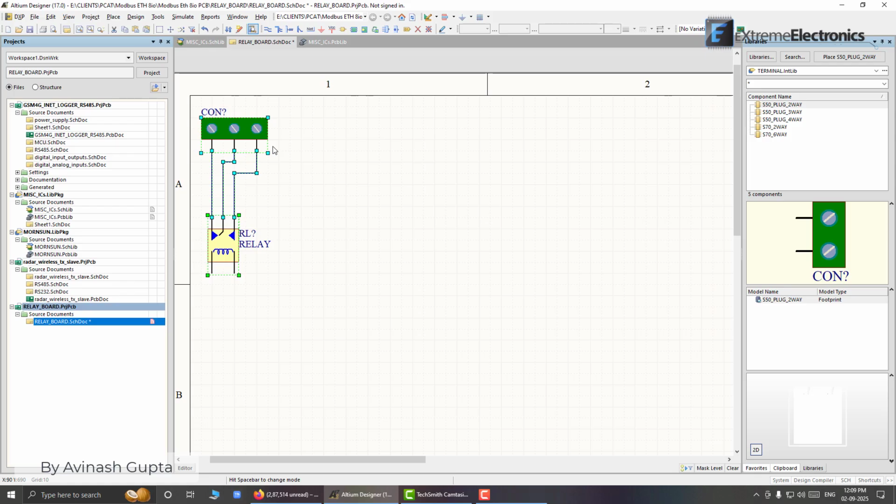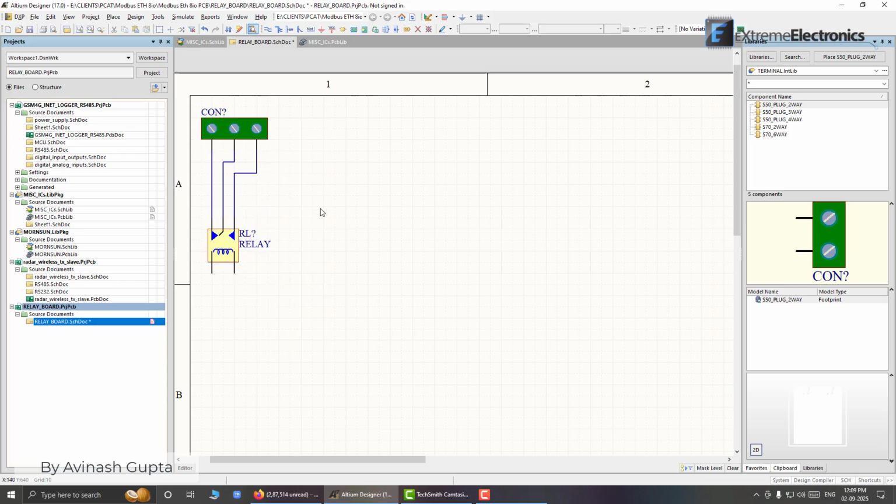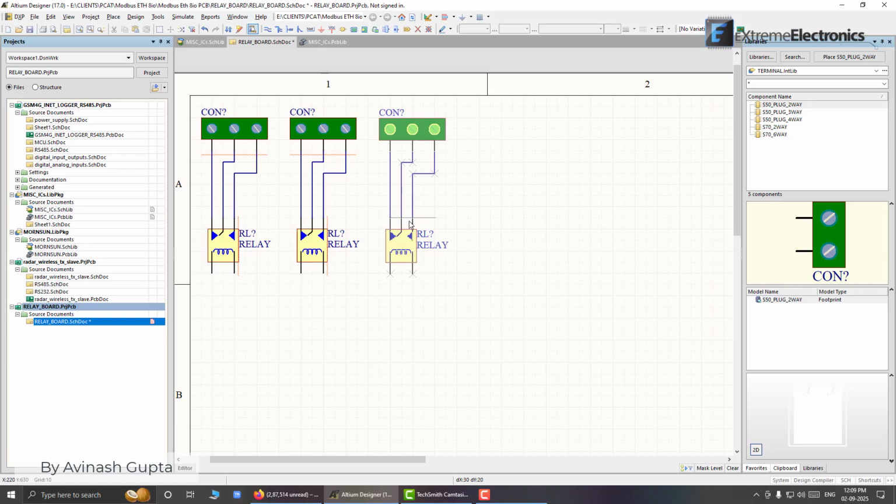And you can also make copies of this by right clicking it and selecting copy. And again the keyboard shortcut is standard Windows, that is Control plus C, and paste is also very common, that is Control plus V. So first copy it and then paste it using keyboard shortcut like this. Make copies. Make sure you place it at regular intervals so that it looks beautiful